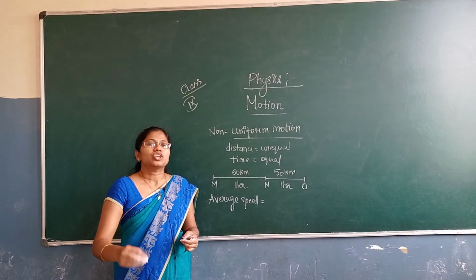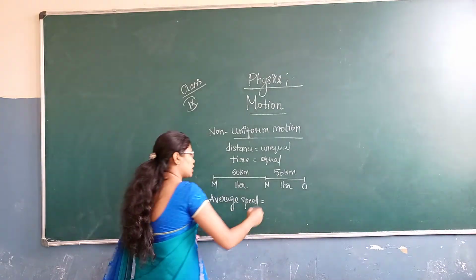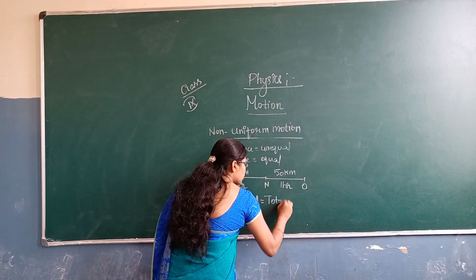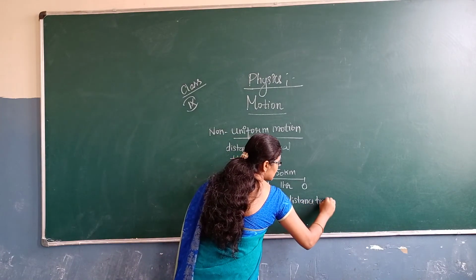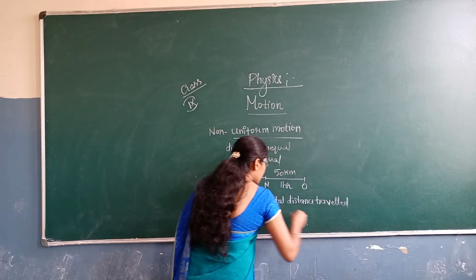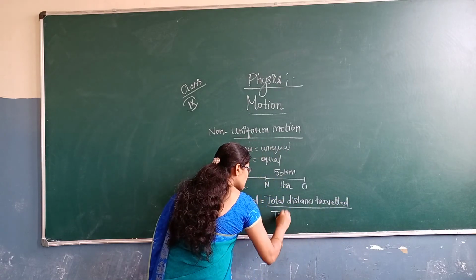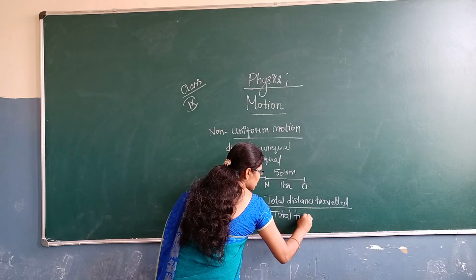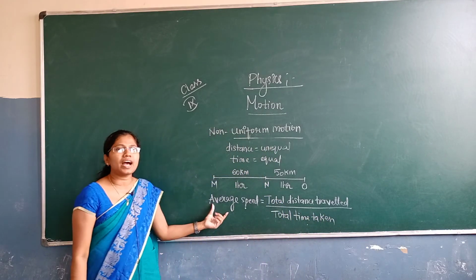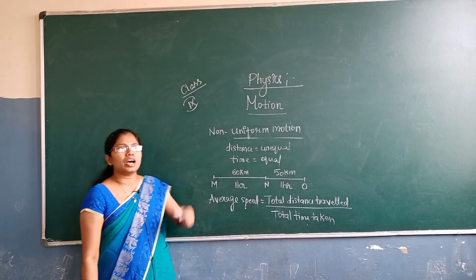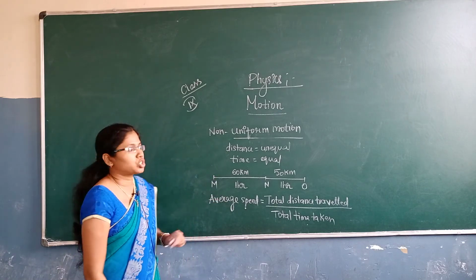So what is average speed? It is nothing but the total distance traveled by the total time taken. So this is how we are going to define the average speed for the non-uniform motion,